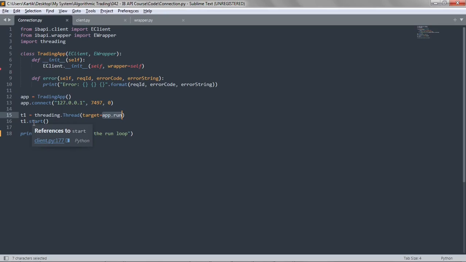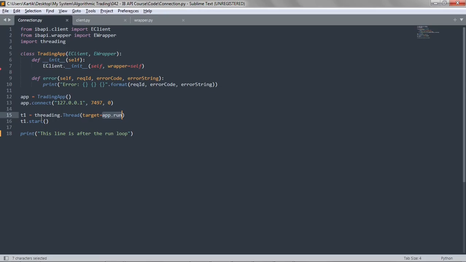So what happens is that when we send a connection request to TWS, TWS takes some time. It might take half a second before it actually establishes connection with a Python application. So if we send any request before that connection is established, then it might get some errors. So to add that logic for waiting or pausing our script before the connection is established, we're going to make